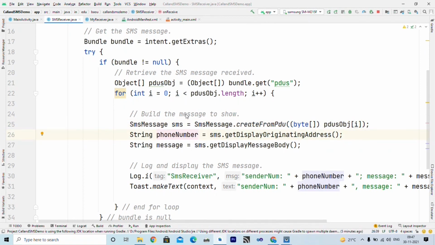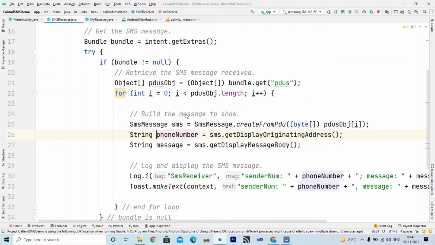SMS contains multiple pieces of information, right? For example, the sender name or originating address, the message itself, and there is other information also. Here we are interested in getting the sender address. So I write getDisplayOriginatingAddress.